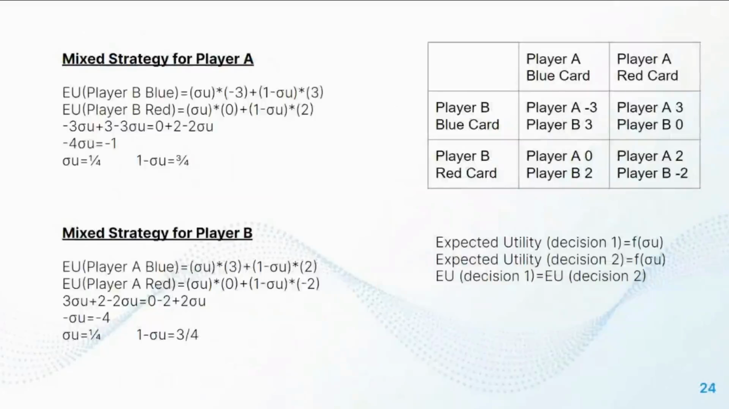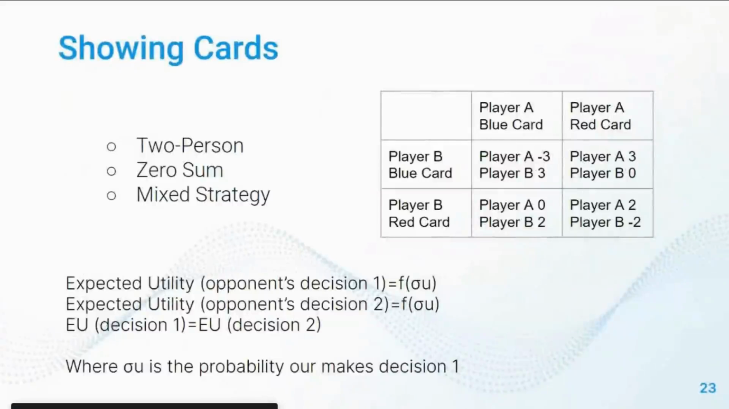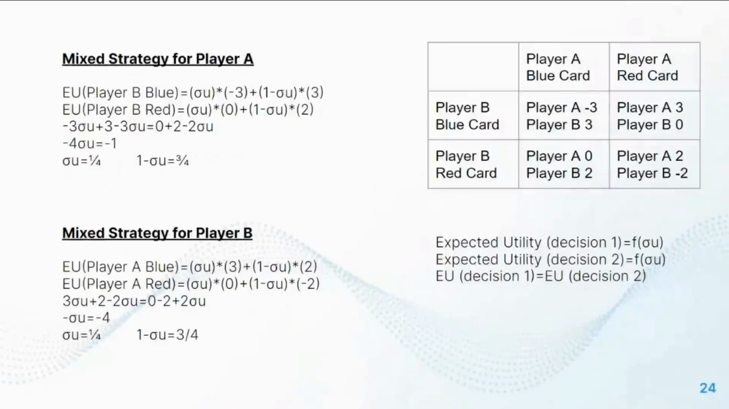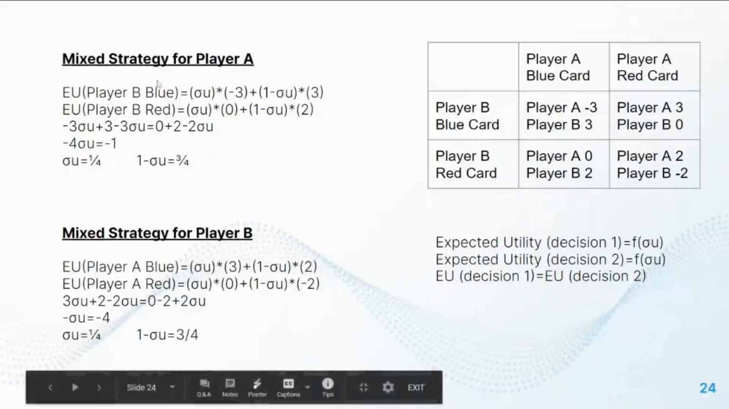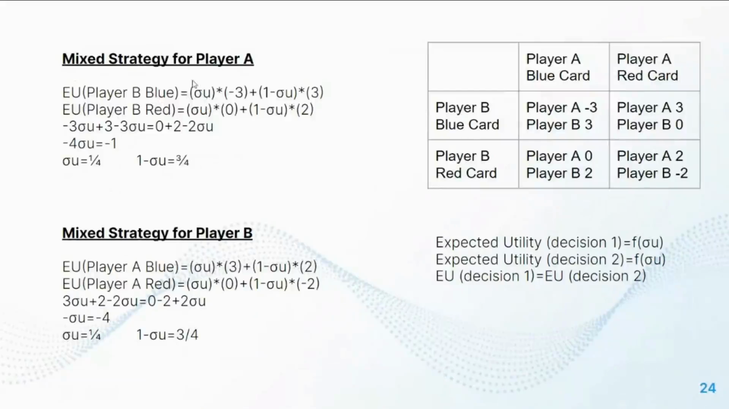So to find a mixed strategy, you need to follow the formulas here. F of sigma u is the function of the probability that we make decision 1. So this would be the blue card over here. So we input the data from the table into the function. So for utility of player B playing blue, we get the function of our personal utility if we're player A times -3, which is what we would get if that player played blue and we played blue, plus, and now 1 minus